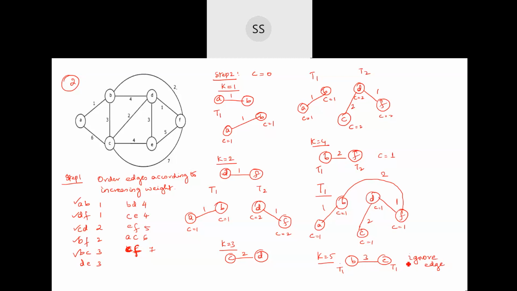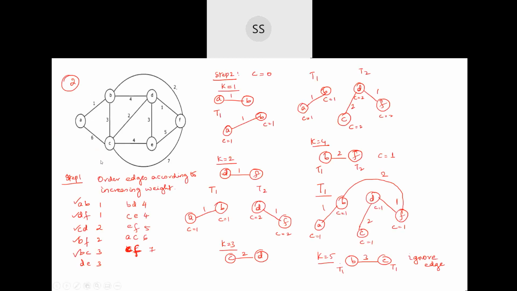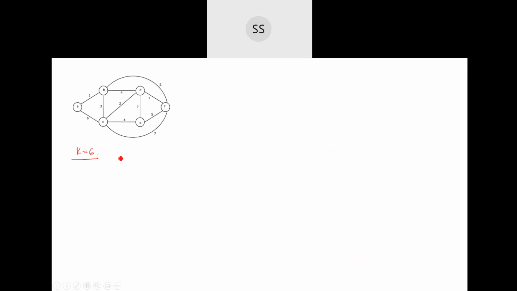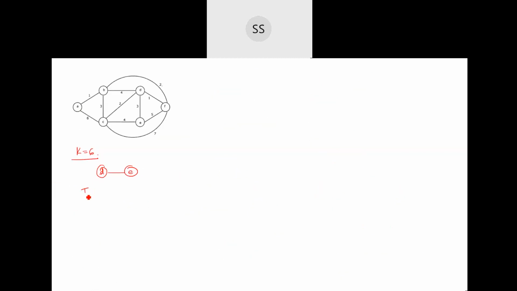Why do we ignore it? Okay, next I'll increment my k value. The k value is going to be 6. Now I'm going to take my edge that is DE. So when I compare it with my previous tree, I'll have to redraw this, children. That is, you have the tree T1. You have your A, you have your B, you have your D, and you have your C and you have your F. So we had a connection between AB.